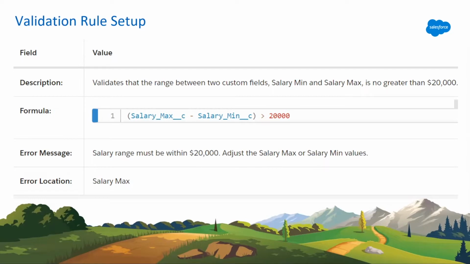After you create that formula, then you will put in an error message. That error message is what the user will see if they try doing something outside of that rule. So if it comes back as false, what's the error message going to be? Best practice is generally to give them help so that they know how to fix their error. Don't just give them a generic "you can't save it" message. And then also you can choose where to display the error. You can display it at the top of the screen, or you can display it by the field that actually has the error.